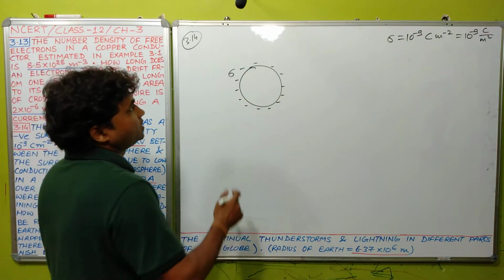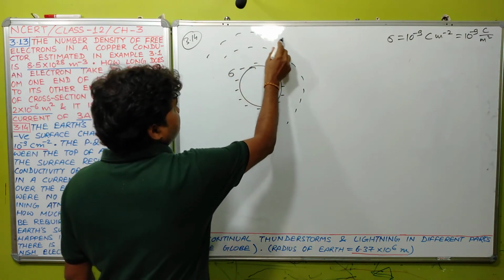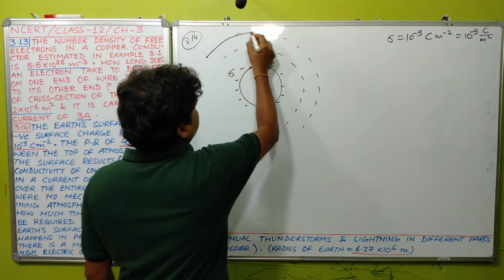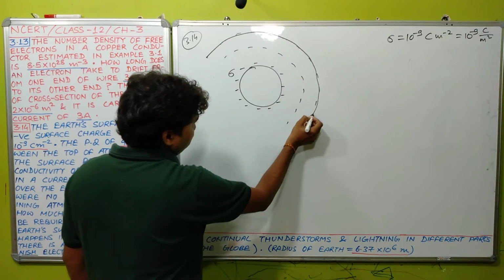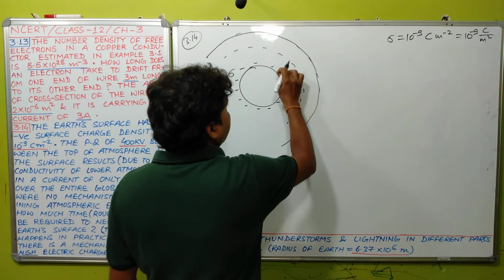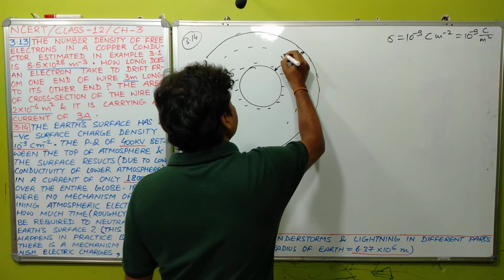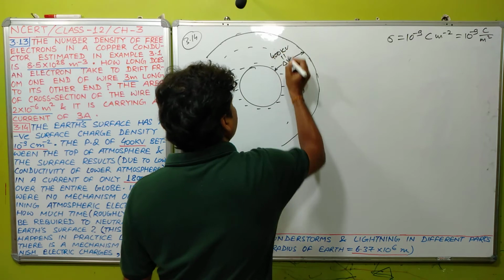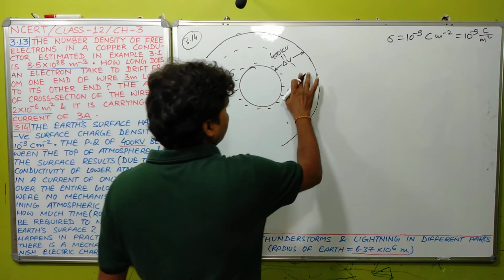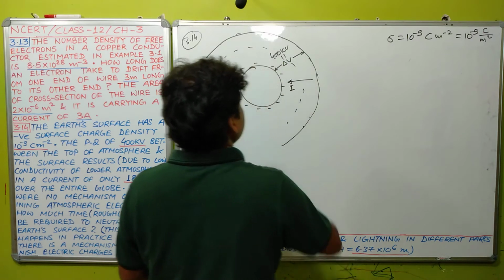Further, the question is saying, we know that a large number of atmospheric levels surround the Earth's surface. So let this be the top atmospheric level, and there is a potential difference between this top atmospheric level and Earth's surface. Let this be delta V, and its value is given. Delta V is 400 kV. Then the question is saying, due to this potential